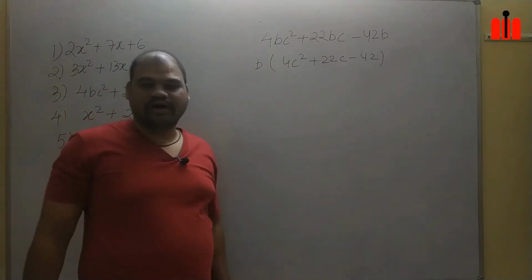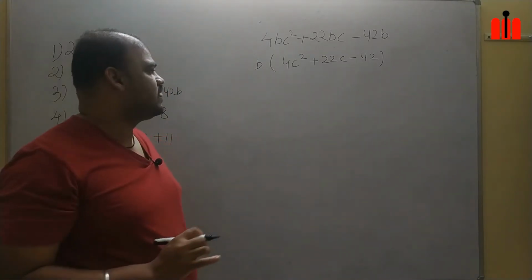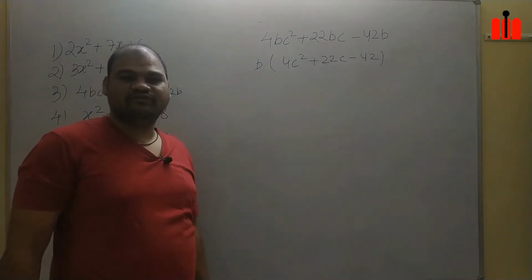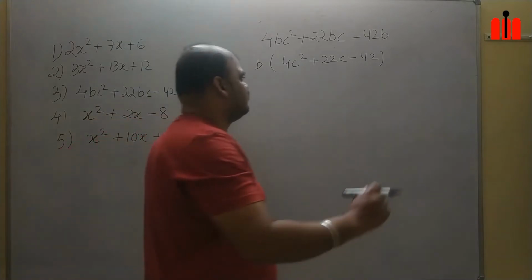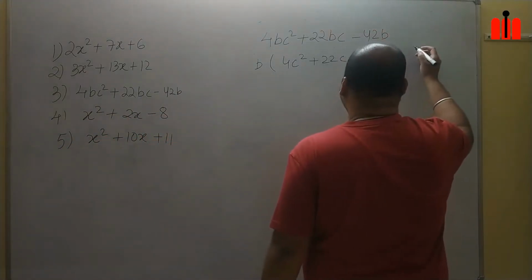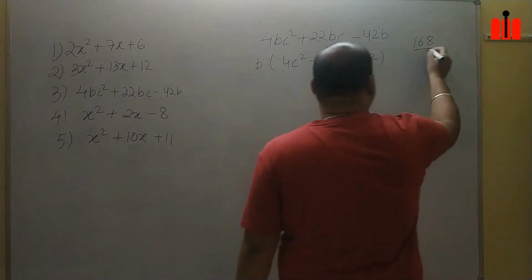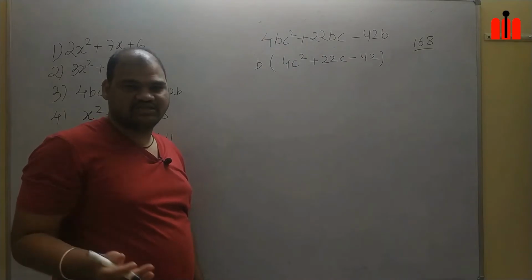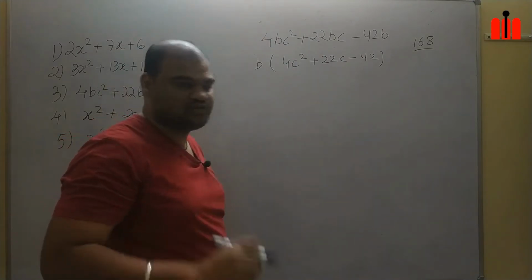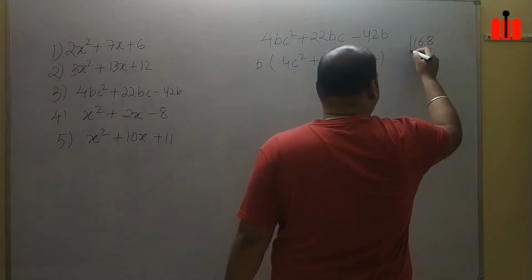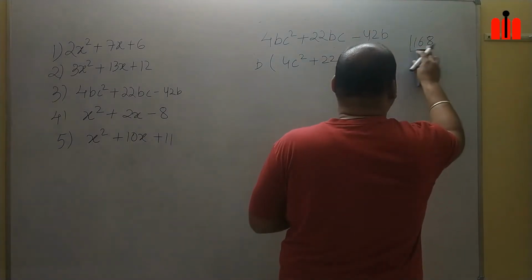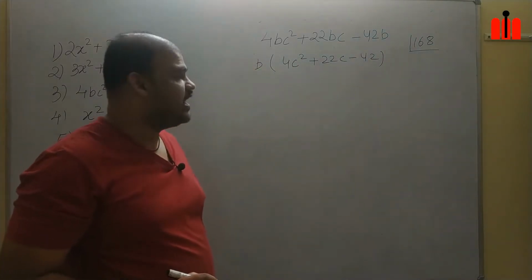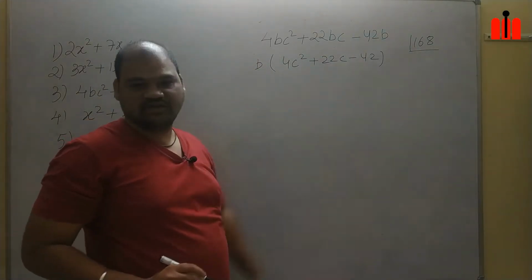So this is a quadratic equation in variable c. Now here if you multiply 4 into 42, it will be 168. 4 into minus 42 is minus 168. So we will take it as 168 and first do the prime factorization, and we will remember that it is minus 168. We will keep that in our mind. 4 eights are 32, 4 sixteens are 64, so 168.